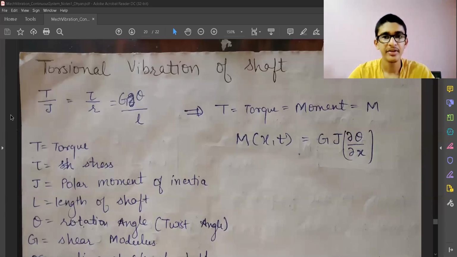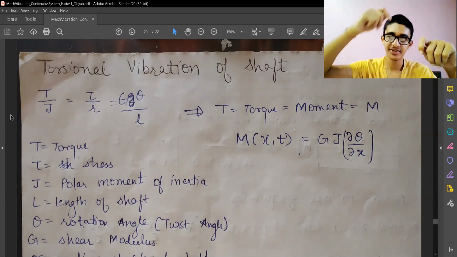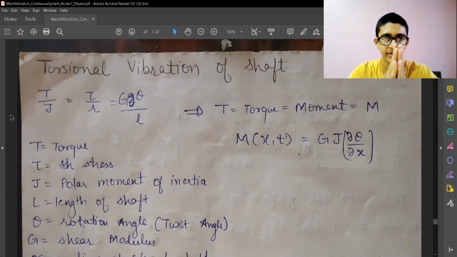So till now we have seen two kinds of vibration, which were the transverse vibration on the string and the longitudinal vibration on a bar. So now we are coming to shaft. Remember, in some video I have also talked about the difference between a string or a cable, rod, bar, shaft, and other things like beam, column, a chain, etc. So these are very important.